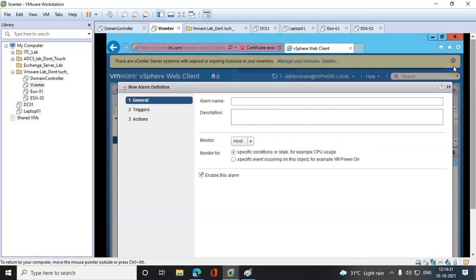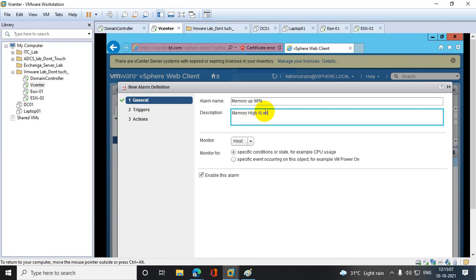Okay, the alarm name is new alarm definition, memory up to 95%, 98%. So whenever the memory is at 98%, you will receive the alert. So here, memory high alert.